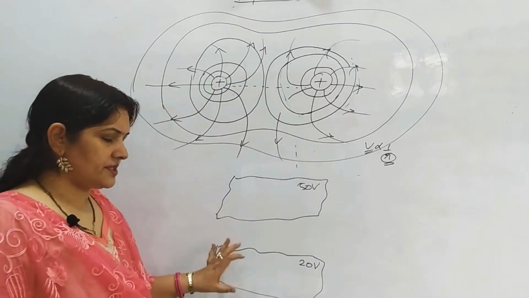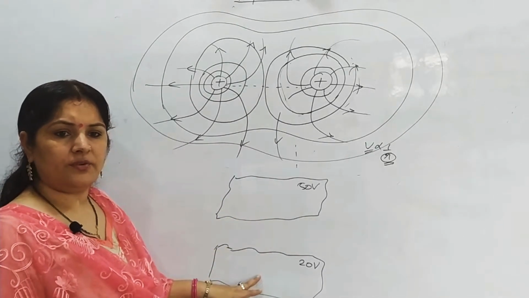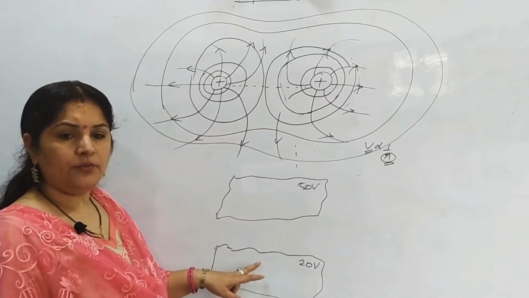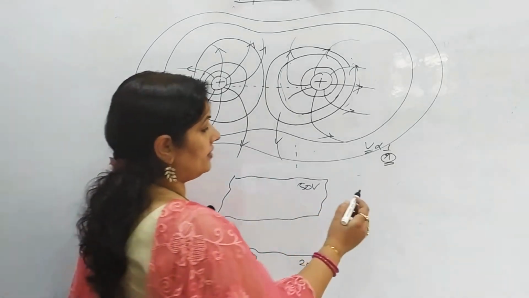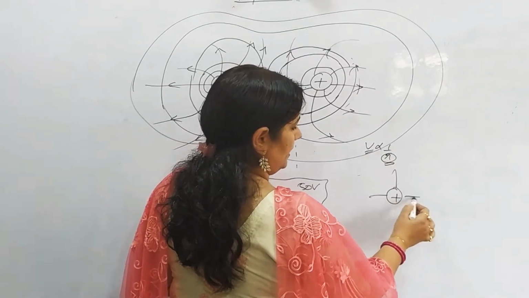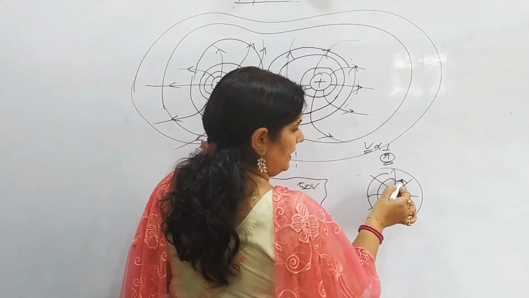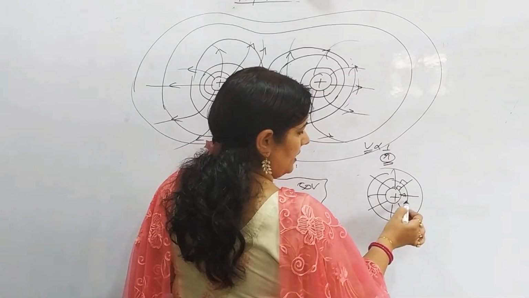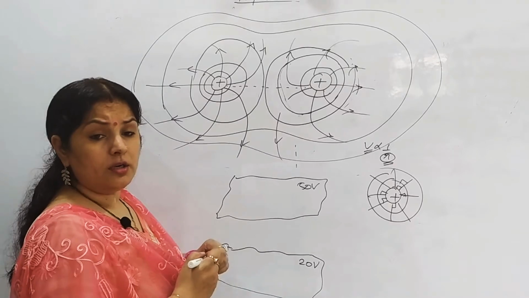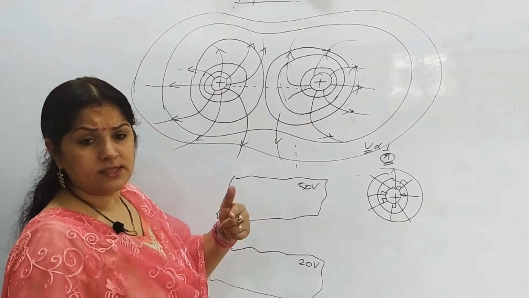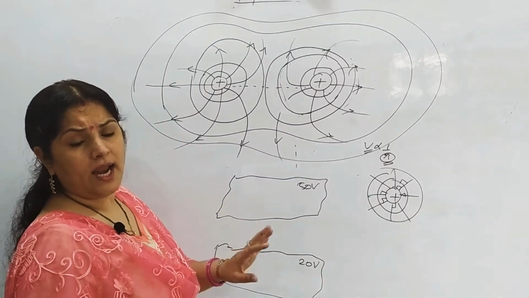Say these are two surfaces, the potential of this surface is 50 volt, the potential of this surface is 20 volt. Electric field is always perpendicular to the equipotential surface, right? Electric field, ये electric field and equipotential surface में क्या relation होता है? 90, 90, 90 at every point on the surface. We discussed it earlier also. For wavefront and rays, similarly for electric field lines and equipotential surfaces, they always act at 90 degree.